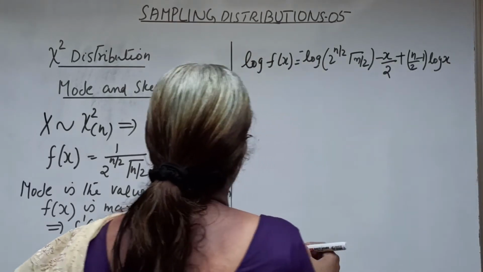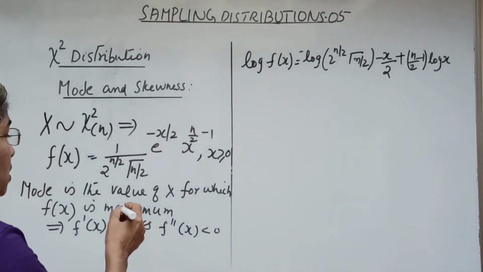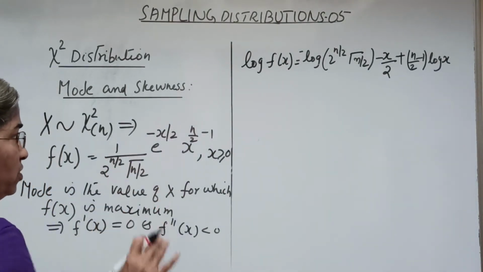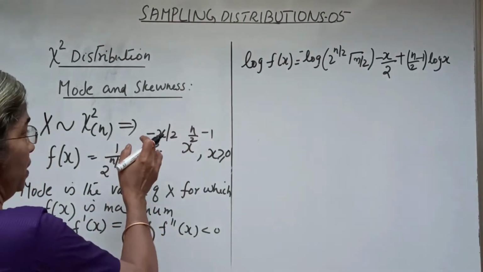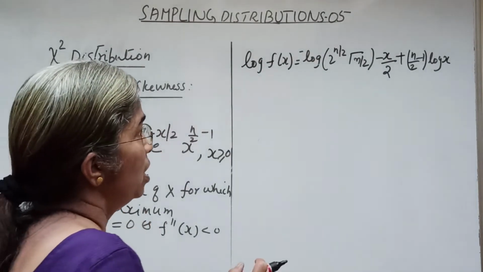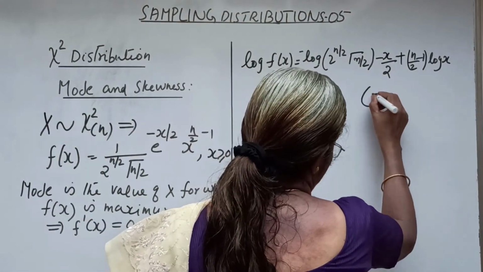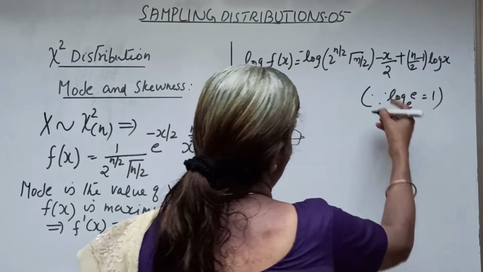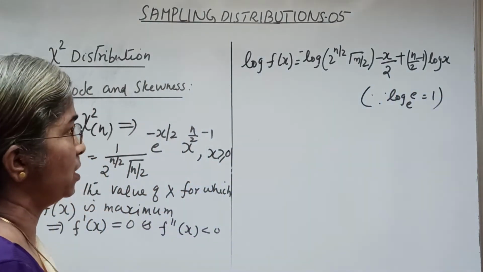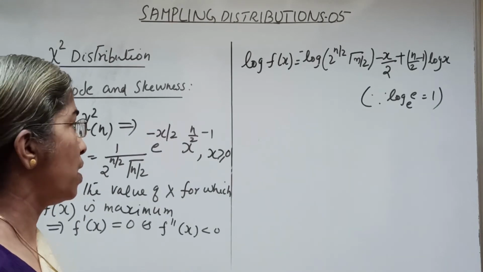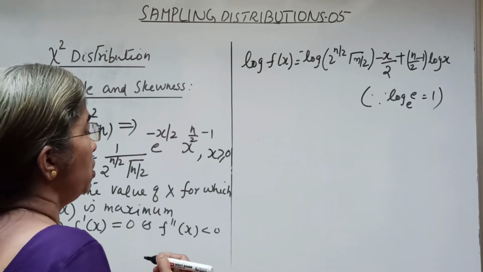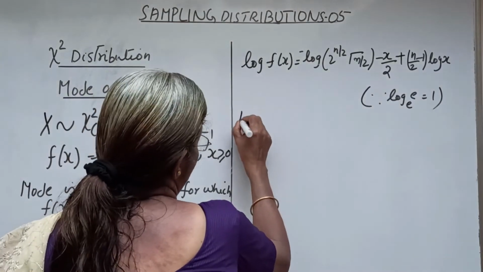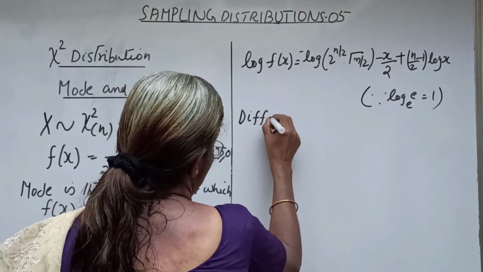So log f of x equals minus log of this constant, minus x by 2, plus n by 2 minus 1 into log x, and differentiating with respect to x,